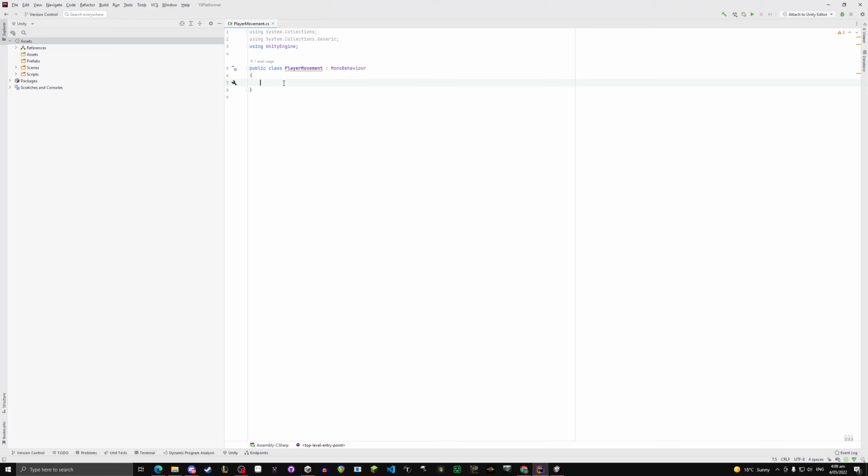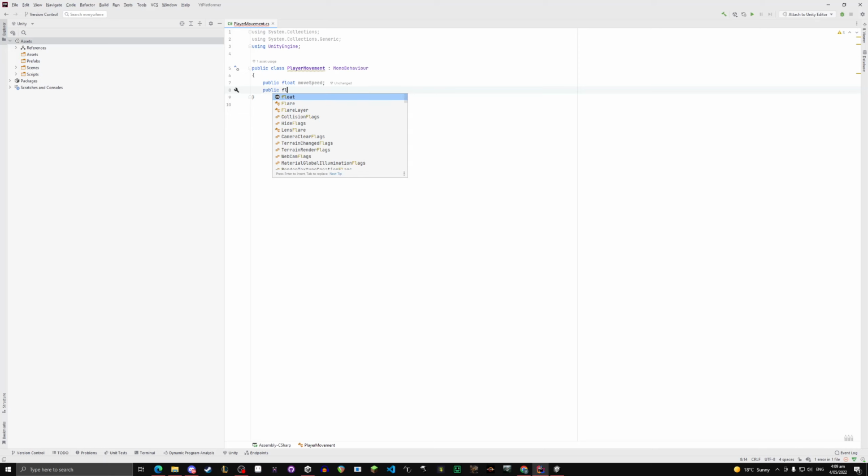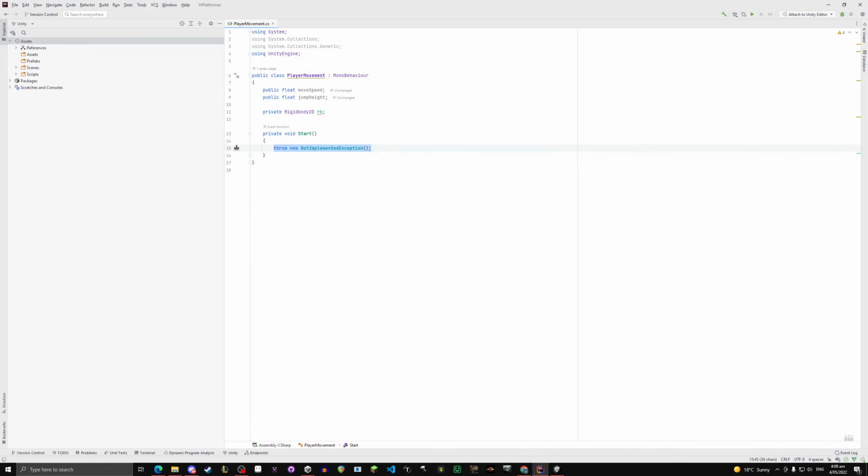while. Alright, so in here, we're going to make a public float moveSpeed. You could call this whatever you want. This is just the number for how fast your player moves. Public float jumpHeight. This will just be the height your player jumps. And then private Rigidbody2D. I like to call it rb. You'll see pretty much everyone calls it rb, so I'd say make it rb just so when you search up code and stuff, it's a little easier to